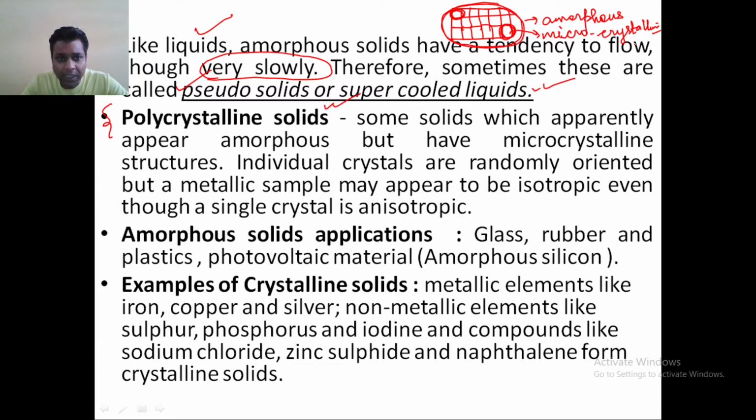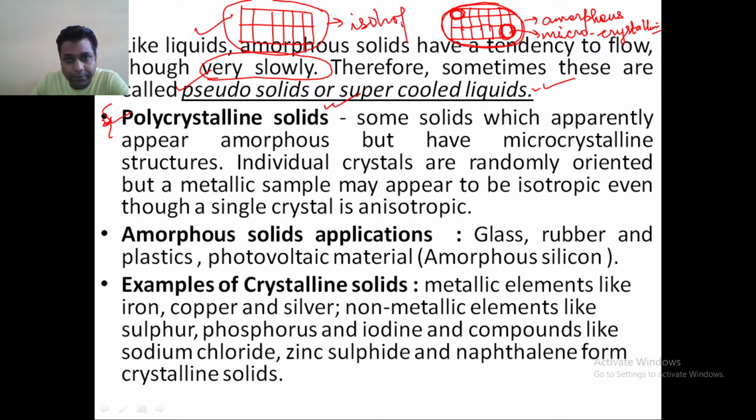Okay, so these are the polycrystalline solids that we are having. As a whole it will be isotropic in nature, but microscopically, the microcrystals will have an anisotropic nature. I repeat again, I draw the same diagram. If you consider this thing as a complete whole, the complete solid will have a nature of isotropic. But a single unit, or a single part, will behave as anisotropic. So this is the meaning of this point.